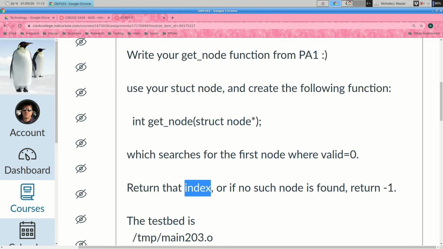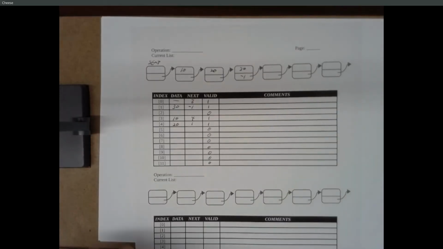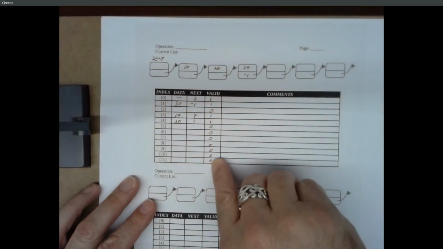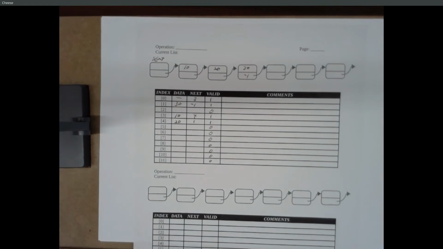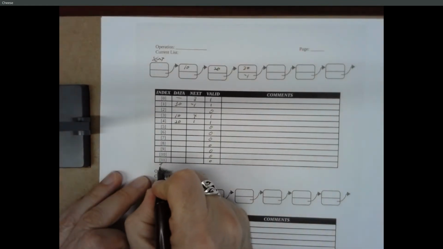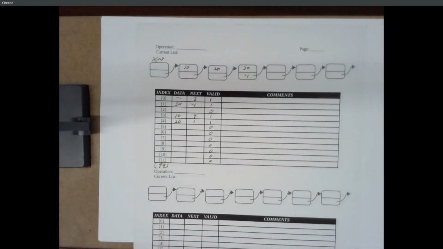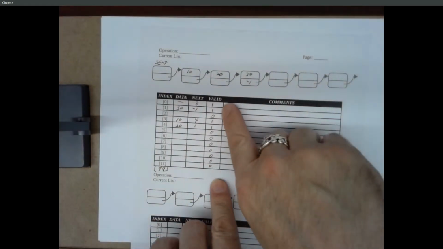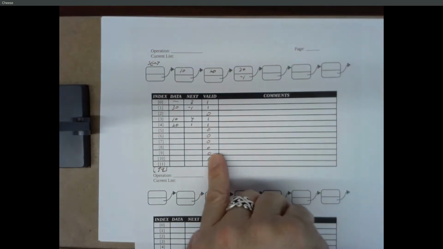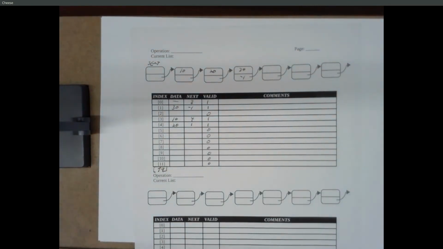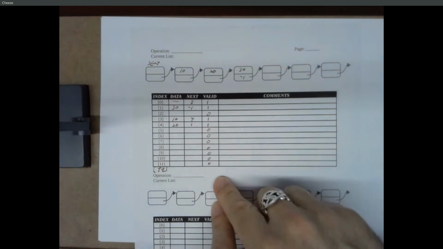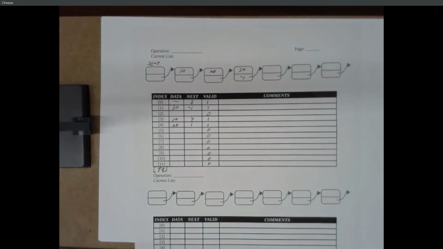But it's possible that in your array, every single entry is going to have a 1. Okay? And your array actually contains 100 elements, so it goes down to index element 99. So you want to check all 100 entries for a place where the valid flag is equal to 0. If you find one, return the index. But if you get all the way through all 100 entries and every valid flag is 1, what does that